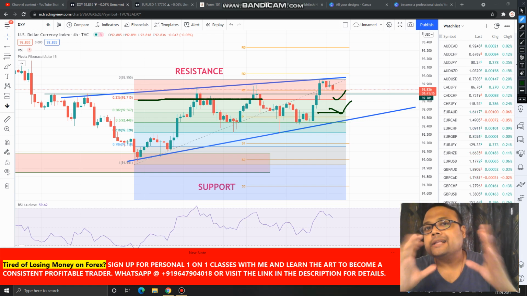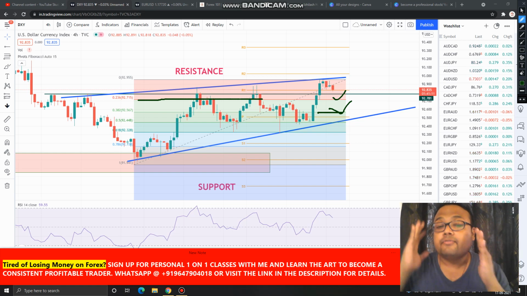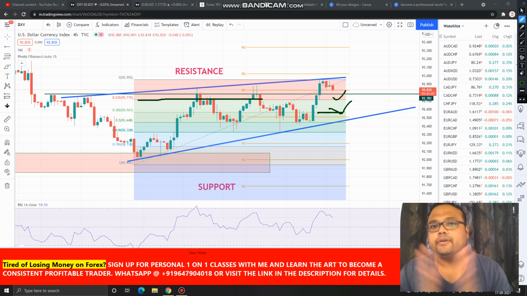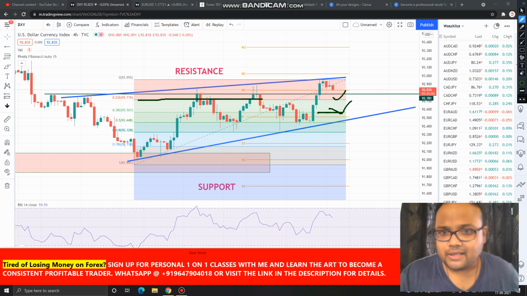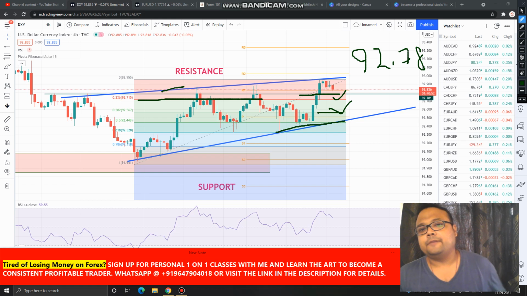We should have the answer from which level US dollar is reversing, so that we can take a confirmed trade on Euro USD. And this is the main reason I will request you, my dear friends, to please draw this trend line as the resistance. Also this horizontal line at 92.78, and this line. And if you want to draw the Fibonacci levels, you can draw them, because the reversal of US dollar is important.